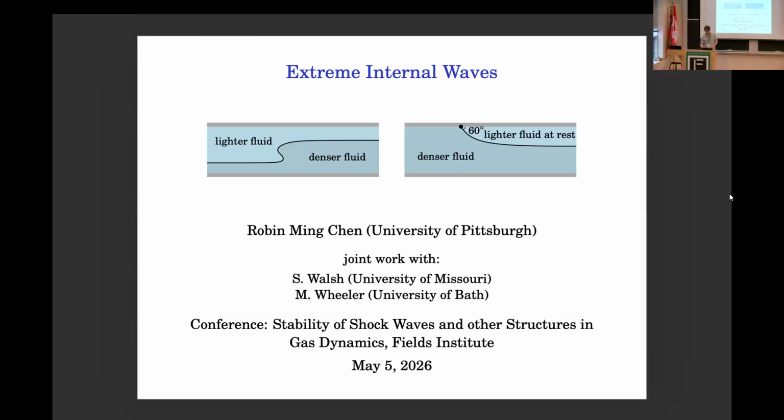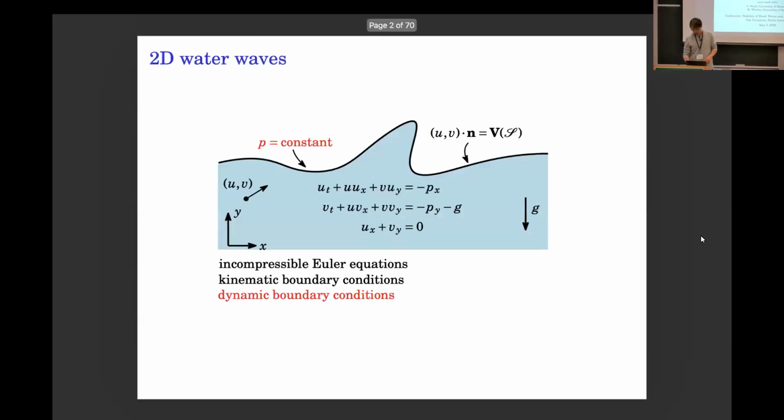Okay. So I know that it is, oops. To this audience, this slide might be redundant, but let me anyhow still go through everything, at least to fix some notations. So the problem I'll be considering here is 2D water waves, which is governed by the incompressible Euler equations in the bulk, and here u, v are the velocity components affected by the gravity, and on top of the water region is vacuum, and the water surface is also part of the unknown of the system.